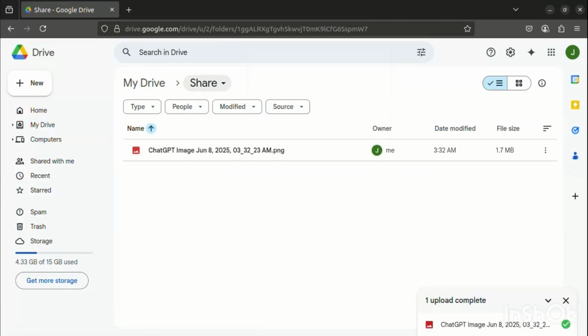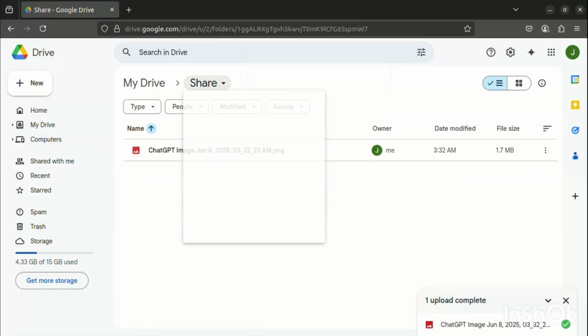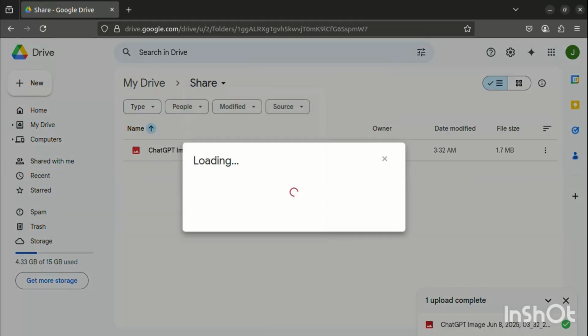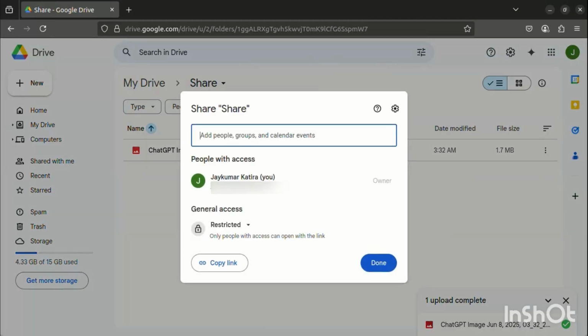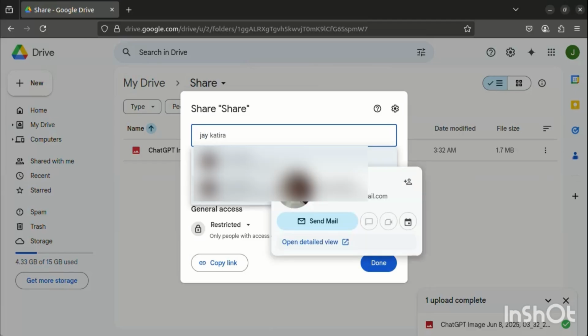To share this folder, we can go to the name over there. There is a drop down arrow where you can see the share option. You can share to a Gmail account so that they can access this file. Like I will share to JAY1991